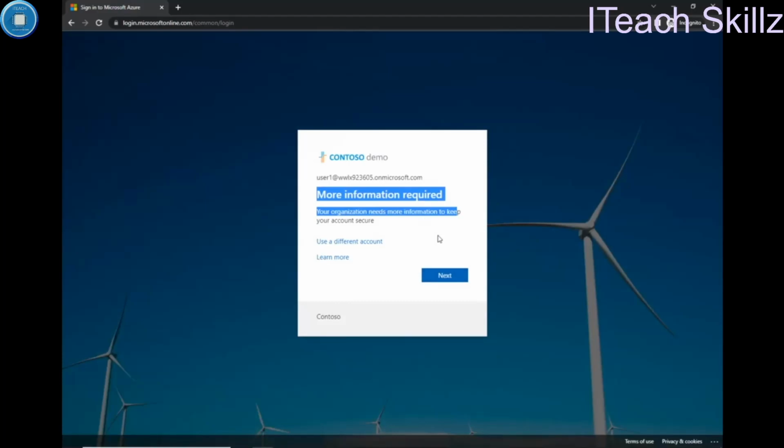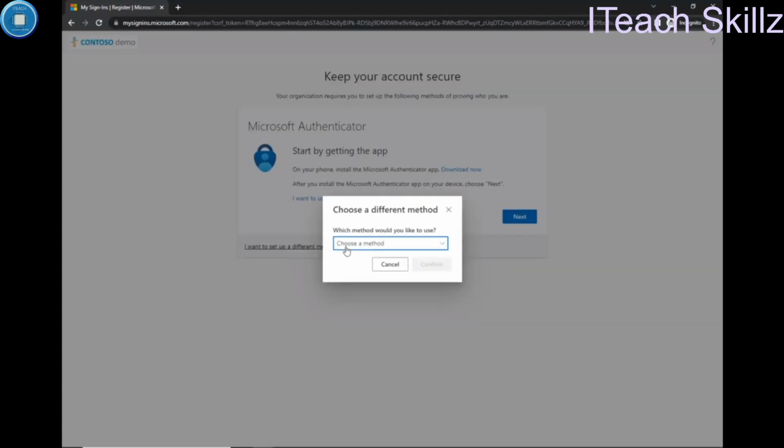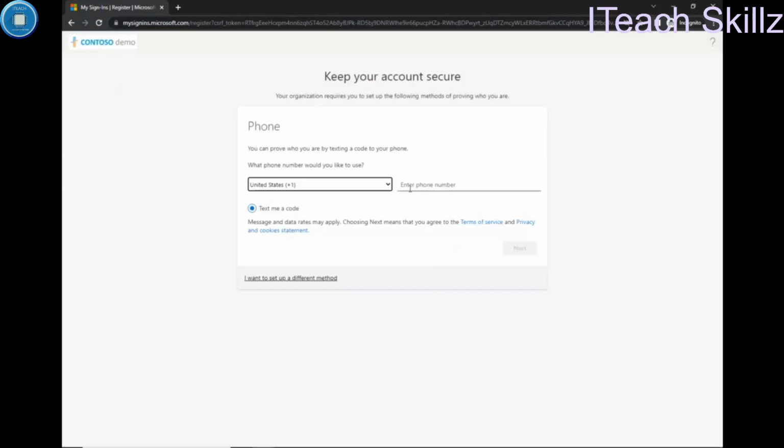If you remember, the access control was set to allow, but require the user to use MFA. I did not configure MFA for the user manually, but I just set it from one of the policies, the conditional access policy, for example. So if the user follows the prompt and clicks on next, then the user will be redirected to configure their security profile and select their secure authentication mechanism, like downloading the Microsoft Authenticator app, or if the user wants to set up a different one, for example through phone, clicking on confirm, then I can select my country code and then my phone number,